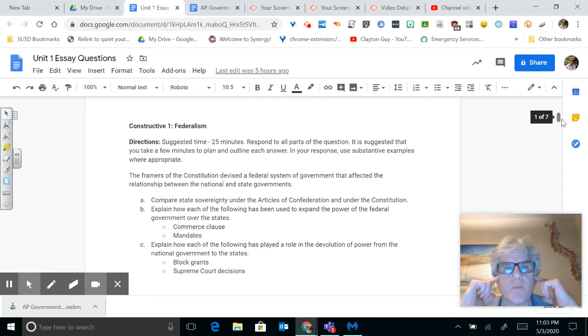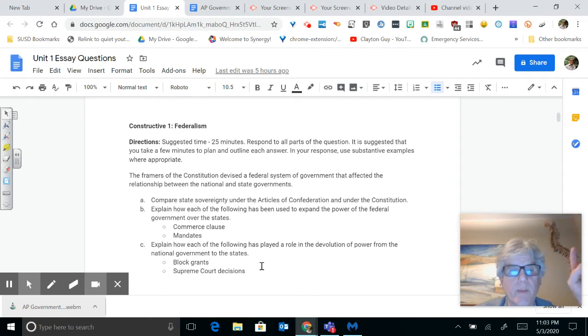U.S. versus Morrison was another Supreme Court case, about rape, victims' rights, and suing for damages, and this again had nothing to do with the Commerce Clause or the power to tax. So the Supreme Court said that this was an unconscionable use of the Commerce Clause. Supreme Court decisions have limited the power of Congress and the national government over the states and said, no, you can't do this. You can look up some other decisions that you'd like to, but those are two that you can use.